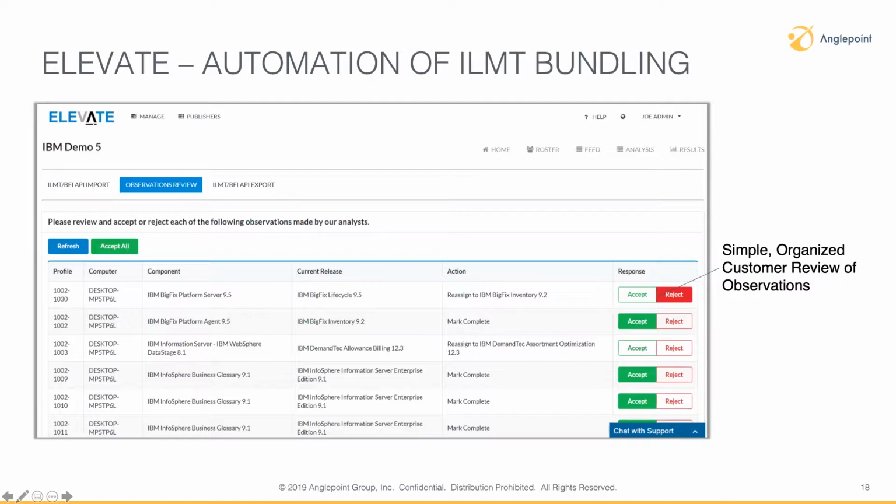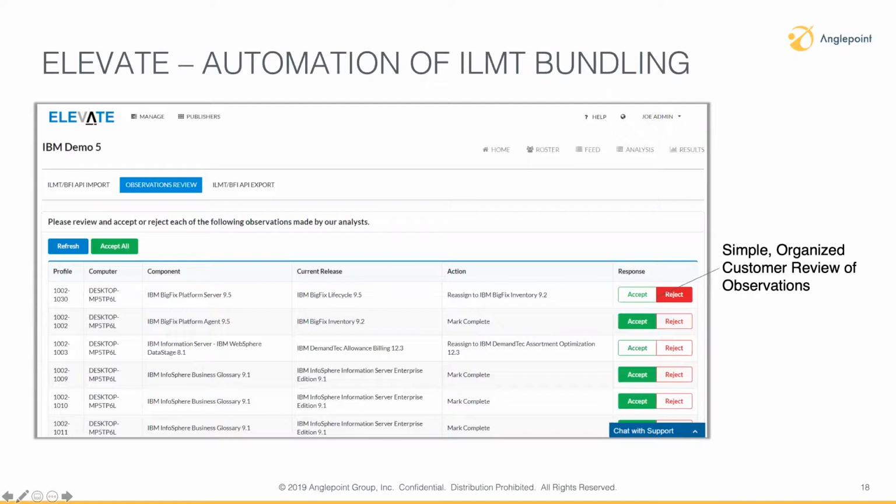What the tool does, it brings a lot of knowledge and helps automate that process by using ASP, using other knowledge and rules that we've built here based on our experience. At the end, though, everything is brought to a client's decision to accept or reject what the analysis is showing. But this is a much easier step to do than having to actually do the bundling decisions line by line.